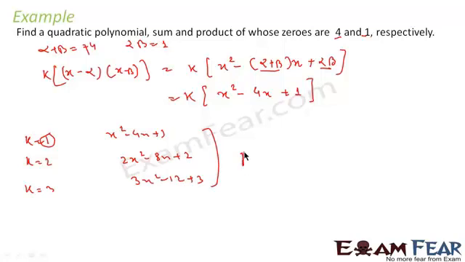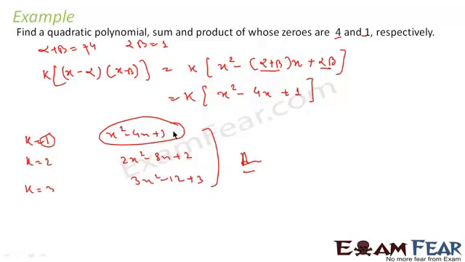All these are valid answers actually. So there can be many solutions. You keep on putting the values of k, you'll get the answer. But in general case, if asked in exam, just put the value of k is equal to 1 and get the answer. But logically all these are answers. Correct? Because here also if you see, in all these equations, the sum and the product are 4 and 1 respectively. Correct? So there can be many solutions for this question, but in examination we generally put k is equal to 1 to get the answer.